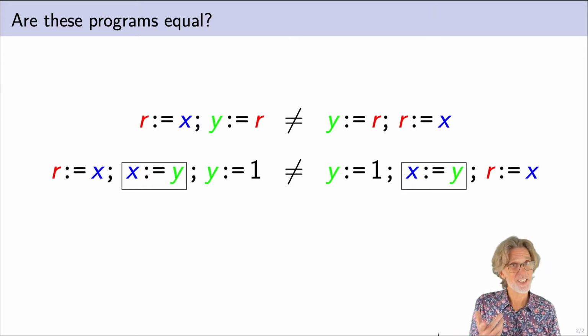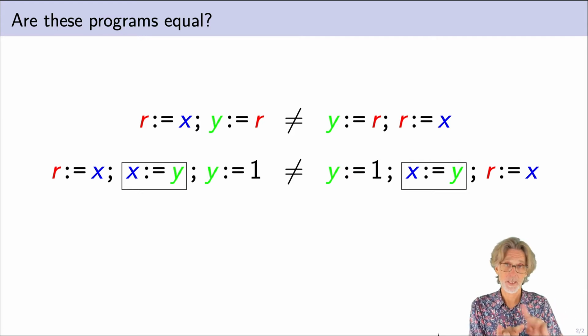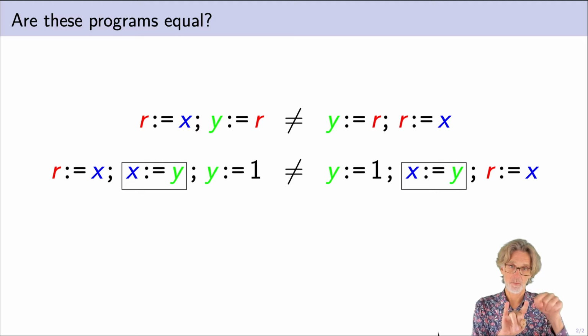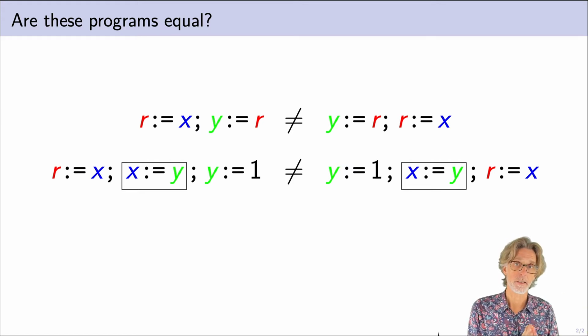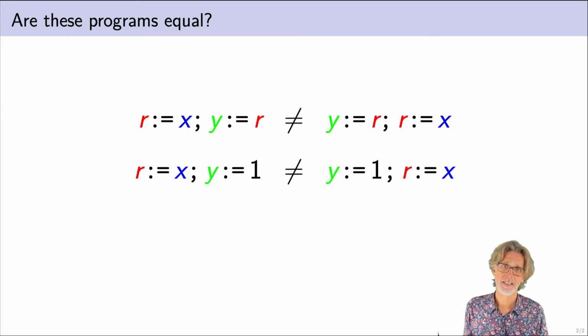But in a concurrent context, we might have another thread which could be interleaved between the two statements of the program. And in this case, we can distinguish them. Here we have a thread that copies Y into X. And at the end, on the left, we'll have that X holds the initial value of the register, whereas on the right, it's going to contain the constant 1. And so these programs are typically going to be distinguished in a concurrent context. Or at least that's the story we would have told in the early 90s.